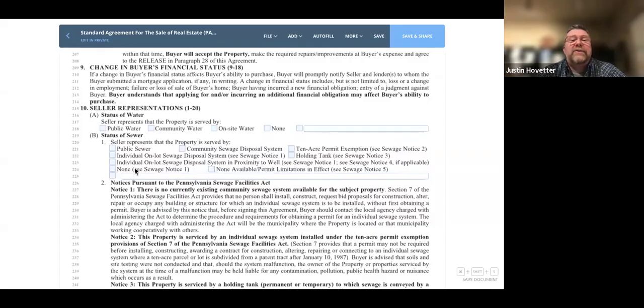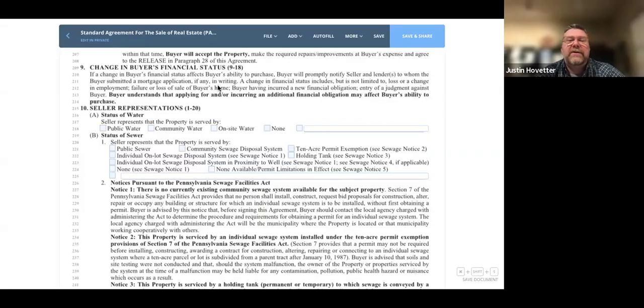If a change in the buyer's financial status affects the buyer's ability to purchase, the buyer will promptly notify the seller and the lenders to whom the buyer submitted a mortgage application, if any, in writing. A change in financial status includes, but isn't limited to, loss or change in employment, failure or loss of the sale of the buyer's home, buyer having incurred a new financial obligation, entry of a judgment against the buyer. Buyer understands that applying for or incurring additional financial obligation may affect the buyer's ability to